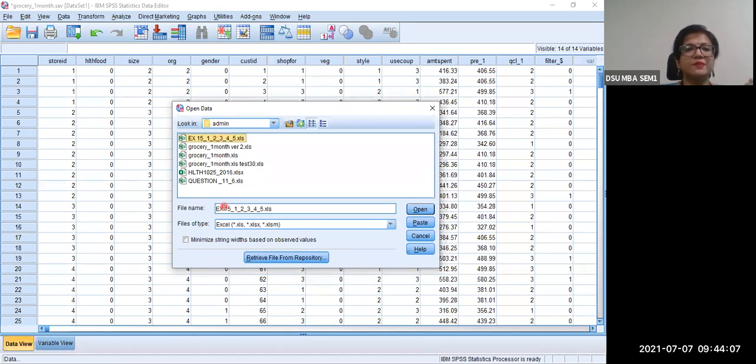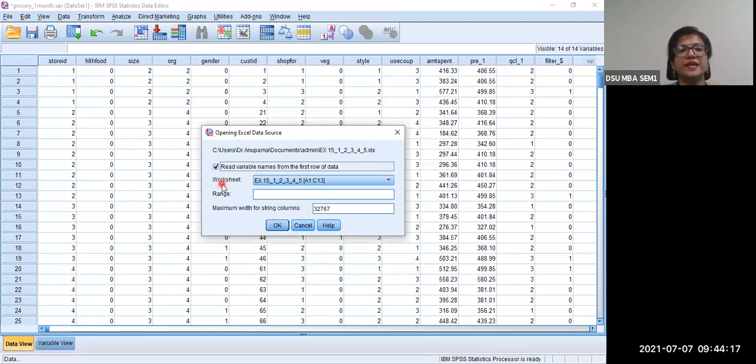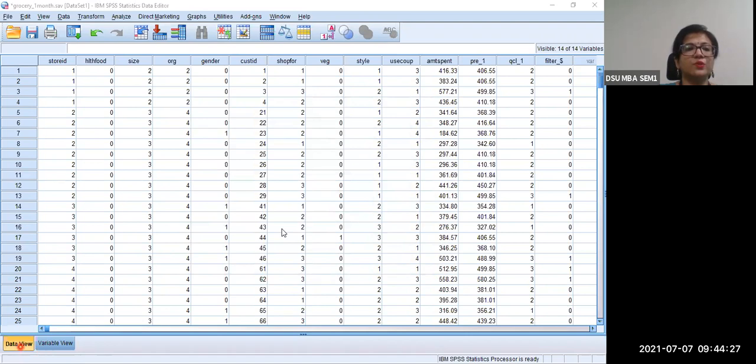Supposing I want to select something else, one file I'm going to select. All right. We'll select a different type later. So I will just open this file and it will say read variable names from the first row of data. So it will start entering the data, whatever is there from the first row. You will say, okay, and you're going to get this. So this is a different file. It was an Excel file. All right. It had some data already there. The data right now is different. You will be able to see that. Just wait a little while. It's coming up on the screen.